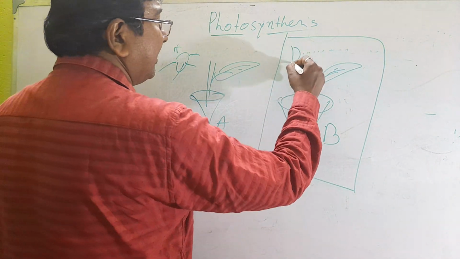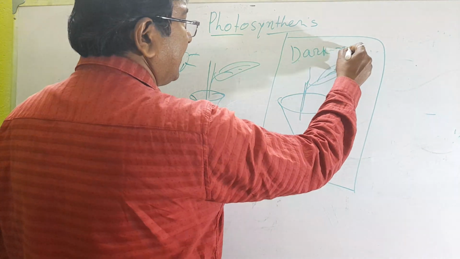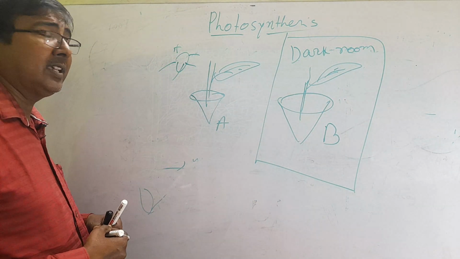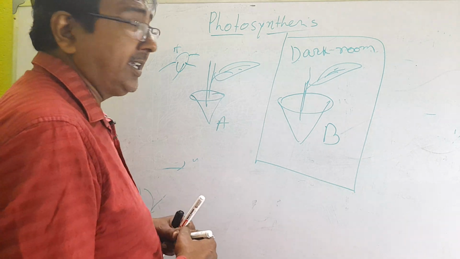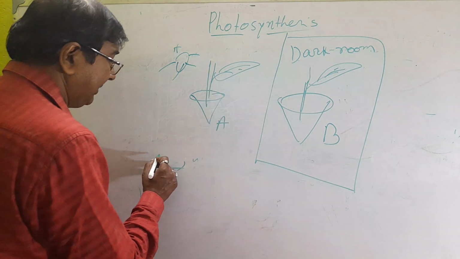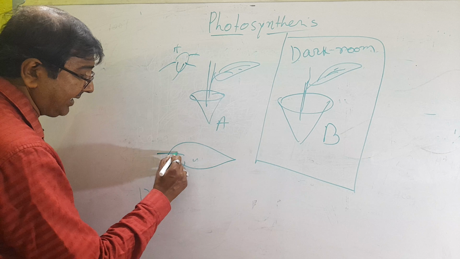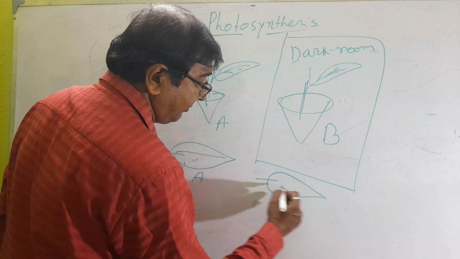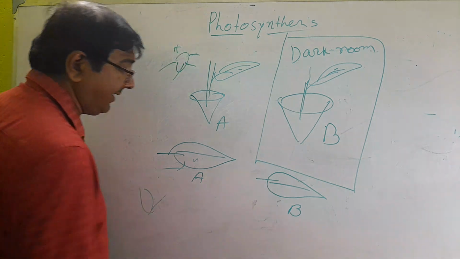This is the dark room. Okay, what will happen? After a few hours, if we pluck leaf A and leaf